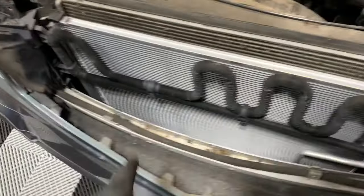If the car has 10 or more years on it, it can be low due to age. If the car is only a couple years old, it could have a leak. So we add oil dye to it, and then we use a UV light with yellow glasses, and it shows the leak. Since I just replaced a brand new condenser, there's going to be zero